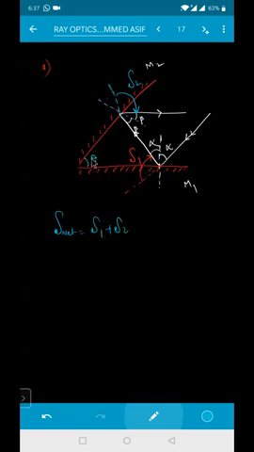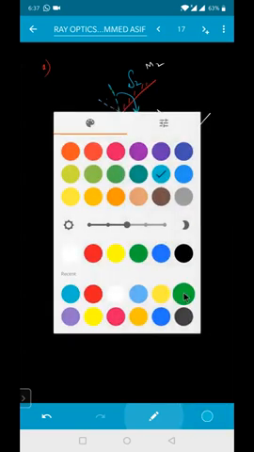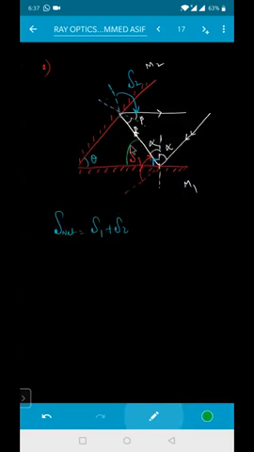This angle is, for example, theta. Now tell me the angle very carefully. This total angle, see here. This angle is how much, beta? 90 degrees. Is it clear? Yes, sir. This is alpha. So this angle will become how much? This angle will become 90 minus alpha. Agreed? If this is so, this angle is how much, beta? Yeah, 90 degrees. So this angle is beta, and this will become 90 minus beta.